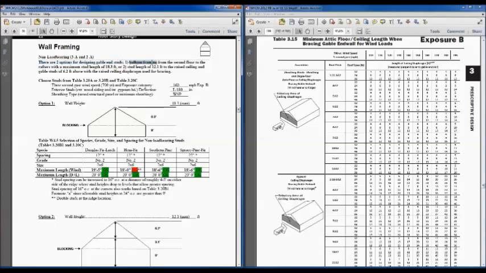We can either balloon frame them from the second floor all the way up to the rafters, and that means that's an 18-foot balloon frame. Or we could go up about 12 feet to that raised ceiling and then go another 6 feet above there up to the rafters. So for option 1, and I believe this is the balloon frame option, let's jump to